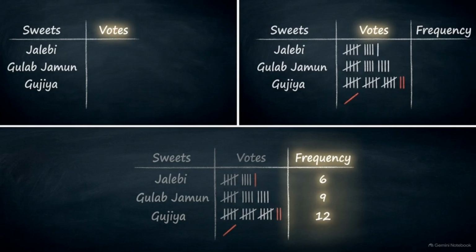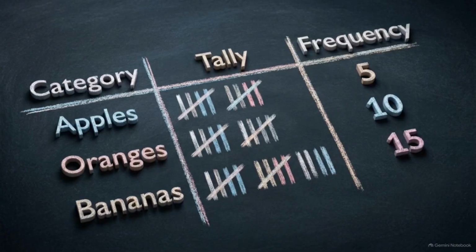We record those votes using tally marks. We draw 4 straight vertical lines, and for the 5th count, we strike a diagonal slash right through them. Grouping data this way allows for quick counting in blocks of 5. Once we finish tallying, we convert those marks into standard numbers. This final count is called the frequency, the total number of times a specific choice appears in our dataset. Getting your raw data into a clear frequency table is the required first step before you can begin presenting it